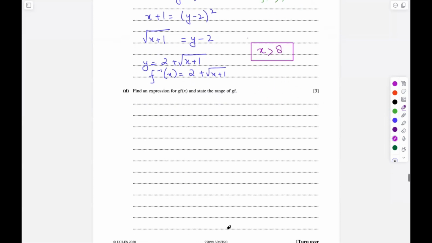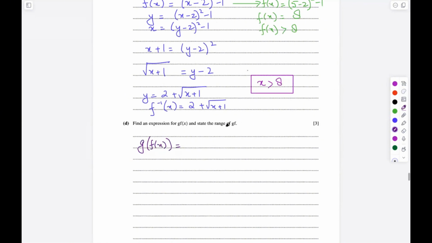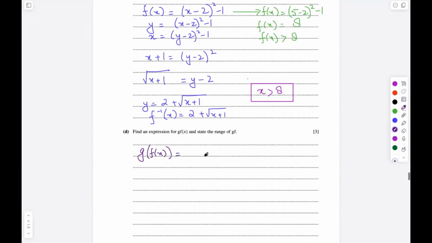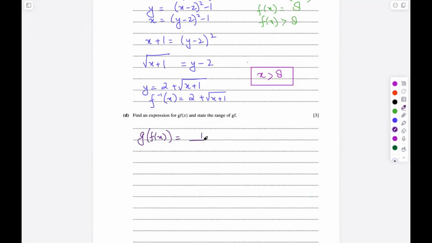In part B, it says find an expression for gf of x and state the range of gf. Now to first find the function g of f, we will substitute in the function g. In place of x, we'll write the whole function f of x. So the function g was 1 upon x plus 1. So we'll write it as 1 upon x plus 1, and in place of x, we'll write the function f,